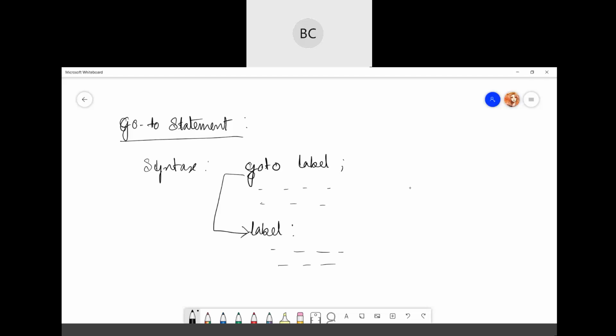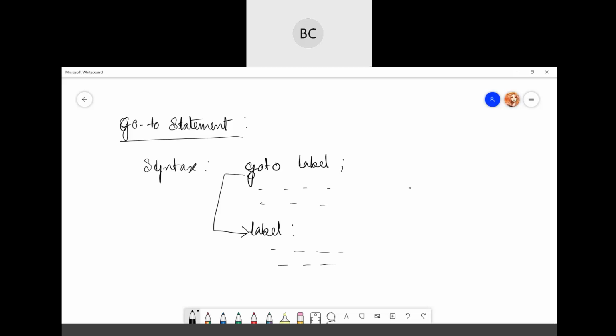So label is just an identifier. It can be any name you give in the program. Whenever goto encounters that label, the control of the program will jump to the label and start executing the code. So let's see an example.